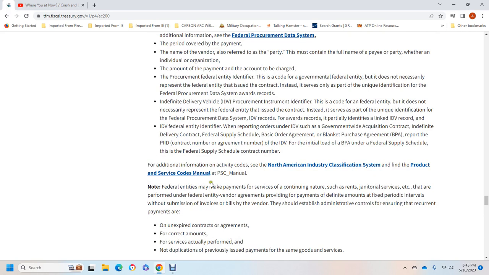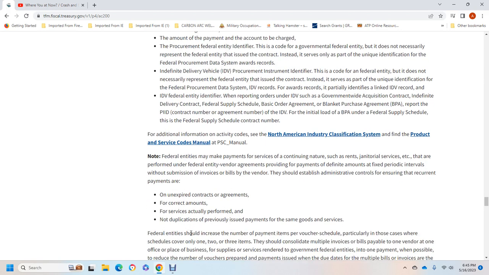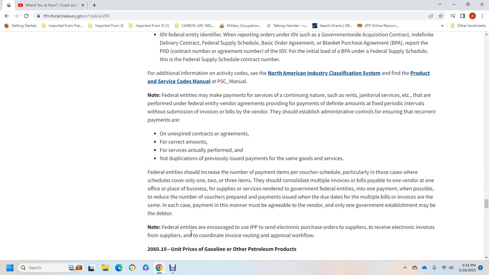Federal entities may make payments to serve the continuing nature of the services, such as janitorial services, for successful performance under the federal entity and vendor agreement. This provides payment of a definite amount at fixed periodic intervals without submission of an invoice or bill from the vendor. This helps administrative control by ensuring that recurrent payments are within the unexpired contract agreement, for the correct amount for the service actually performed, and that there is no duplication of previously issued payments for the same goods or services. Federal entities should agree on the number of payments on the first voucher,